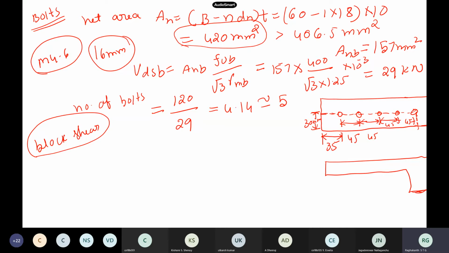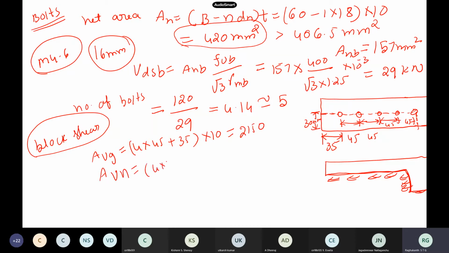So now we will calculate the block shear, the area itself. So this is which is a tension plane. So this is my shear plane, and this is the tensile plane. So now you have to calculate the areas itself. Okay, so tension plane and other things. So the gross area of shear plane becomes 4 into 45 plus 35, multiplied by 10. So this is the gross area of the shear plane. So 2150 we have.